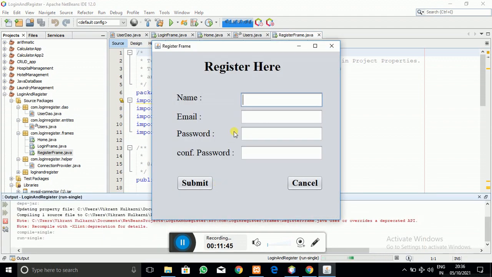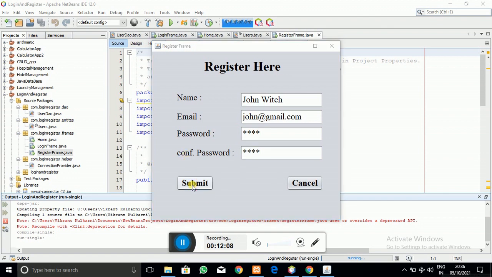Here I am going to create a new user in our system, where I am giving the name, and the email ID also I am giving. Okay, and here you can see the password I am going to set, and confirm password I have to rewrite. Click on submit.